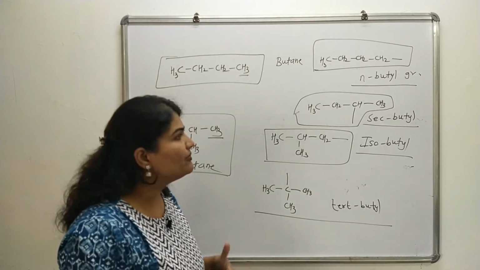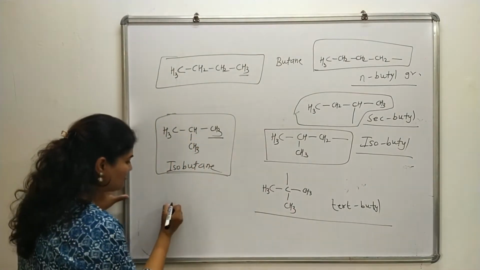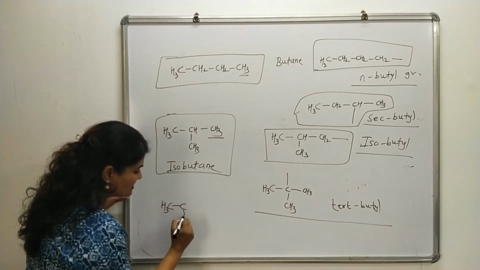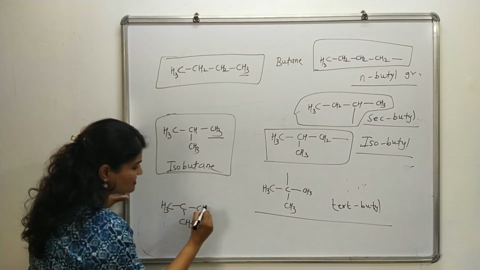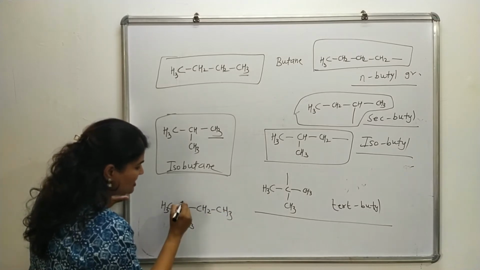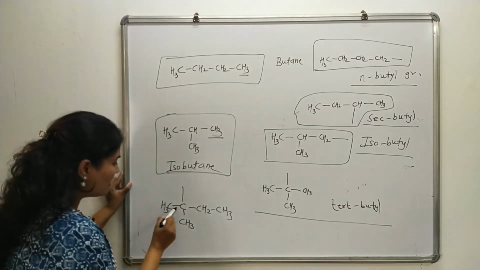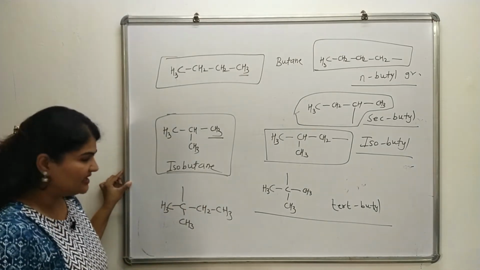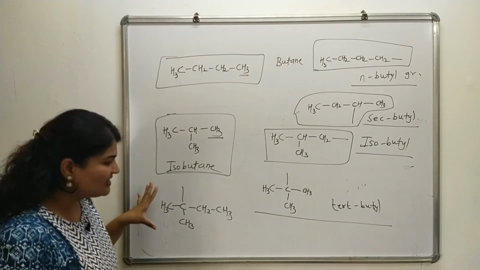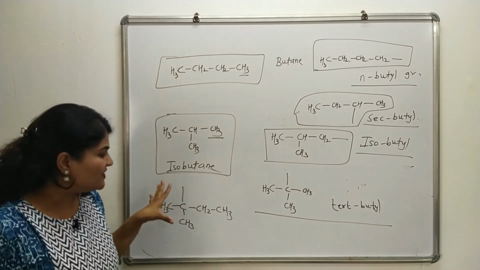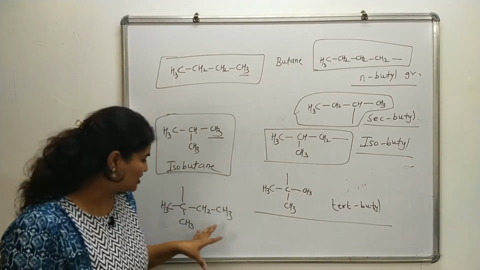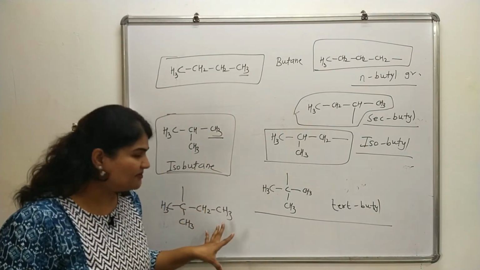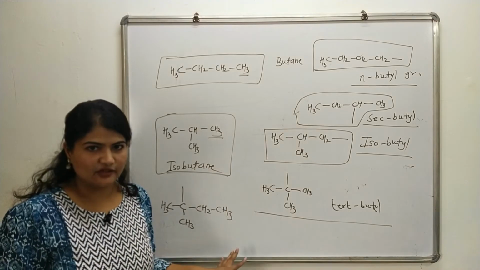But if you go beyond this, and suppose I am asking you to solve something like this: CH3, CH2, CH3, this alkyl group. Now 1, 2, 3, 4, 5, this is a derivative of pentane, and if I ask you the common name for this, we don't have it. So we have to go for IUPAC nomenclature for such complicated alkyl groups. So now we will discuss how to name these kinds of complicated alkyl groups.